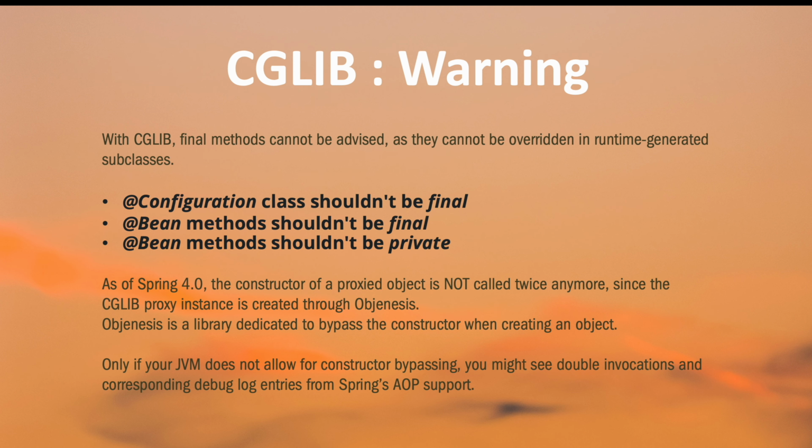With a CGLIB proxy, there are the following things you have to know. For a CGLIB proxy to work, these are the conditions. The @Configuration class shouldn't be final. The @Bean method shouldn't be final. The @Bean method shouldn't be private. Because